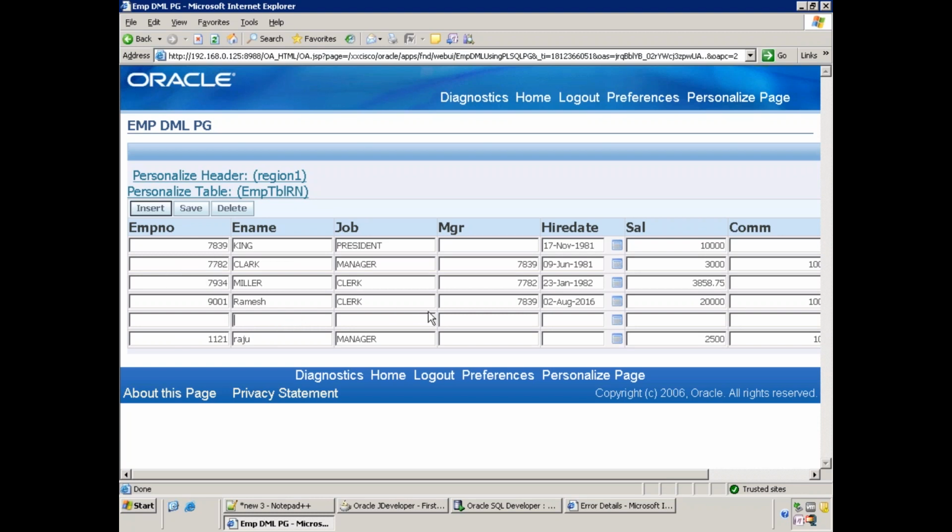Now assume one example, observe carefully here. Let us say I will change this username to Ramesh123, and now I'll just insert a record called 123 Kajal. Now when I click on save, what should happen? What is the expected behavior when you click on save? What do you, as a business user, expect?